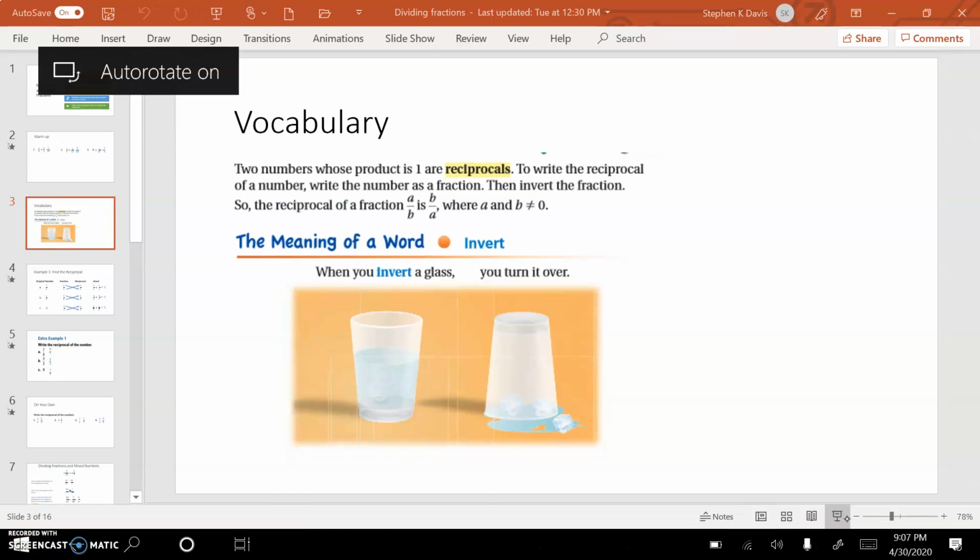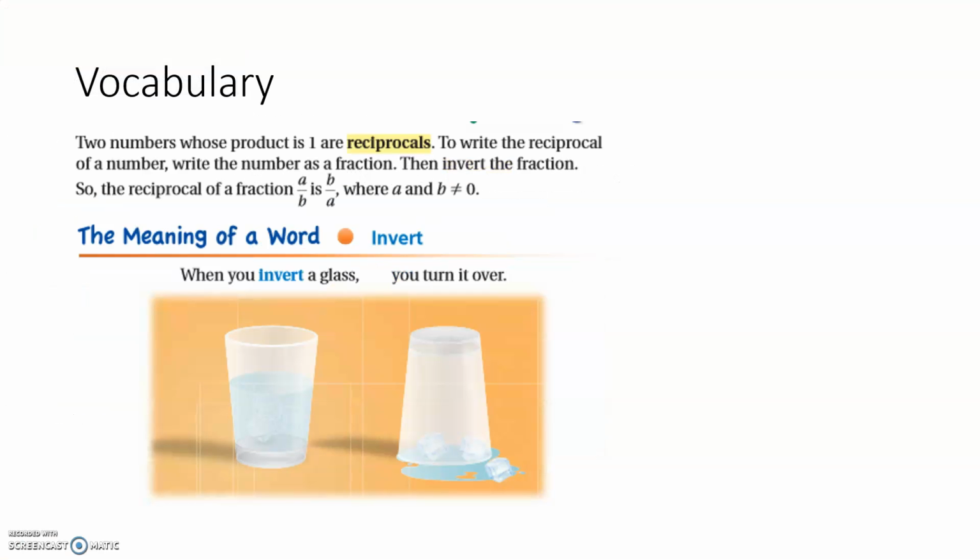All right, so when we're dividing fractions, we need to find the reciprocal of the divisor, and hopefully you recall what reciprocal is. It just means the two numbers whose product is one are called reciprocals, and the product once again is multiplication. So if I had 3/4, its reciprocal is going to be 4/3, because if I multiply